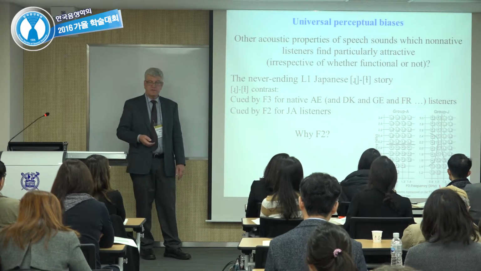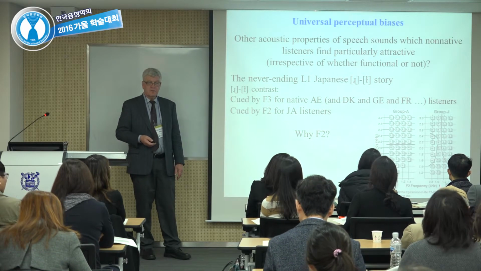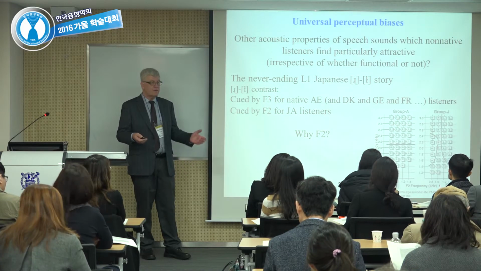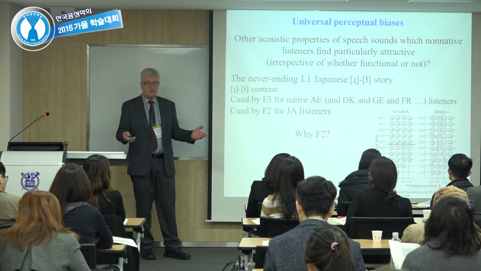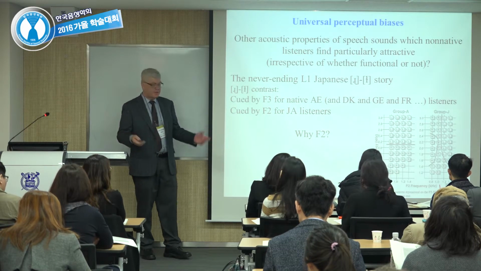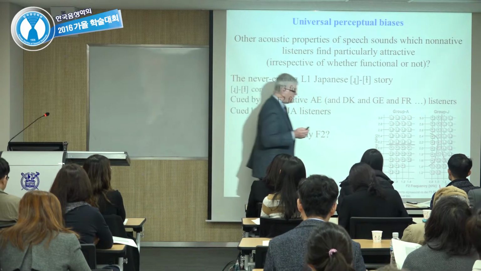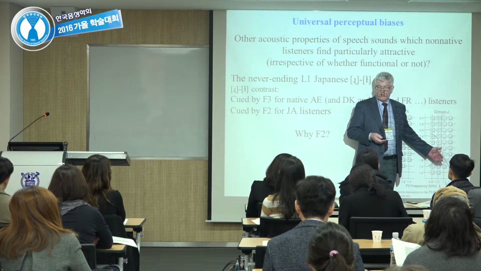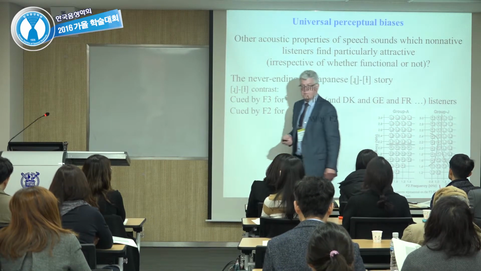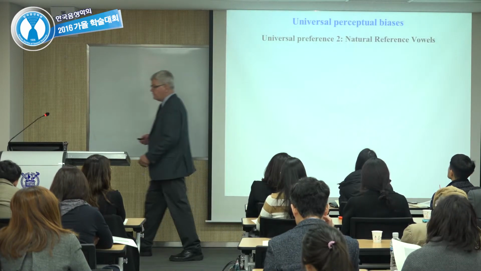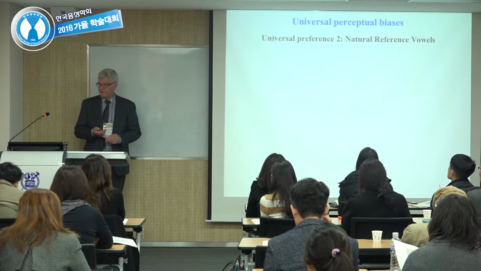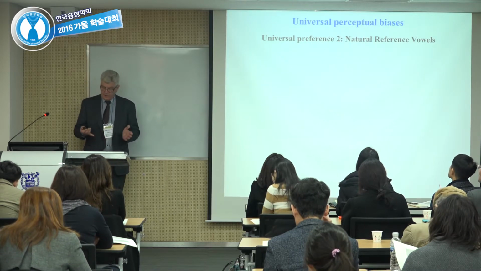This is what native speakers of Japanese do. Just the opposite. They do this according to second formant frequency. Why would they do that? I have no idea why they do that, and it's totally dysfunctional. Nobody does this. So it's not the case that native Japanese speakers do not differentiate R and L. They use the wrong cue. That's the problem. Okay? So there may be more to this, but let's briefly look at universal preferences, other universal